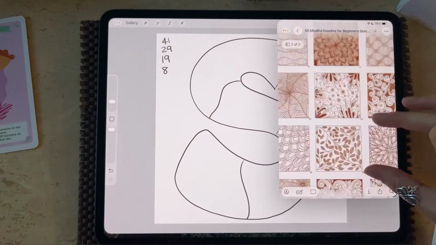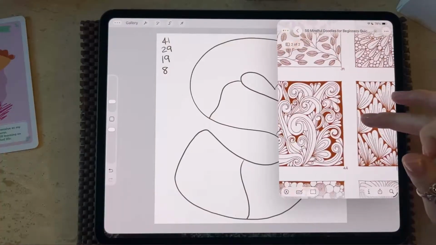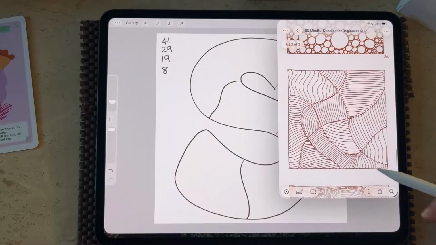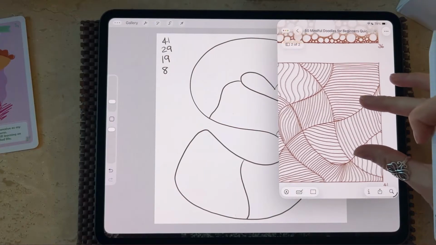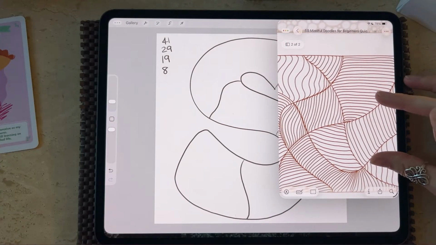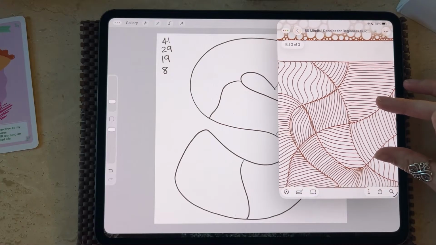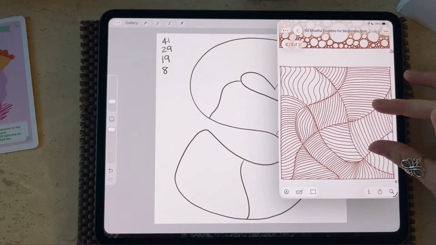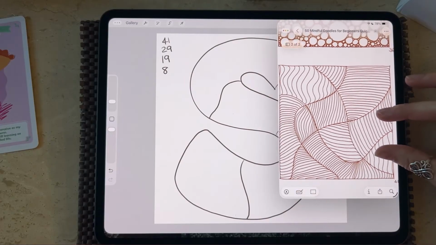We'll just have a quick gander. So number 41, we're starting with this one. So it's kind of like, what would you call that? I don't know, what comes to mind is sand dunes. I don't know if that's appropriate, but there we go.